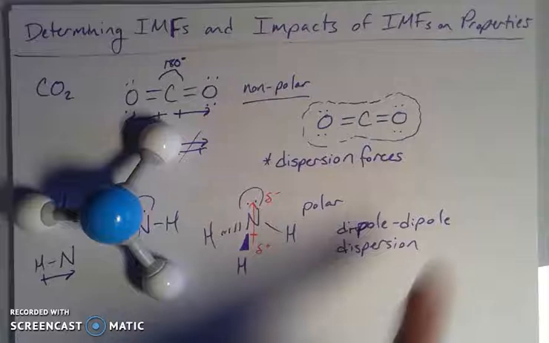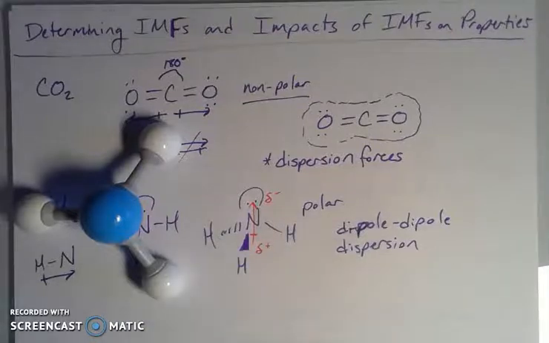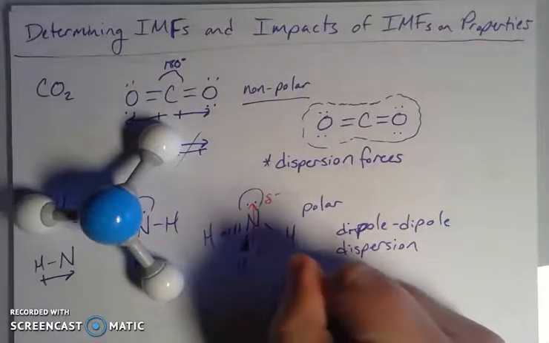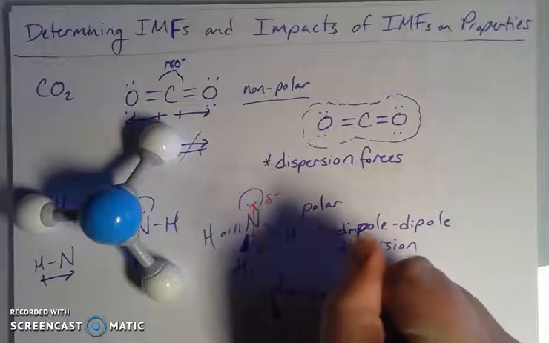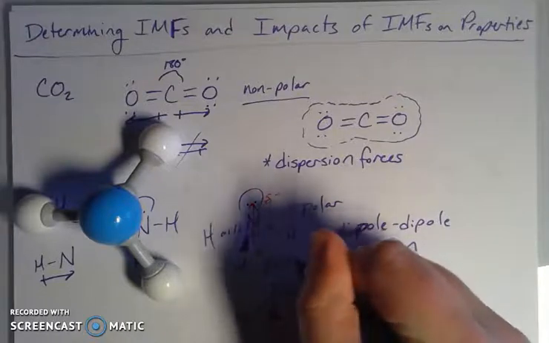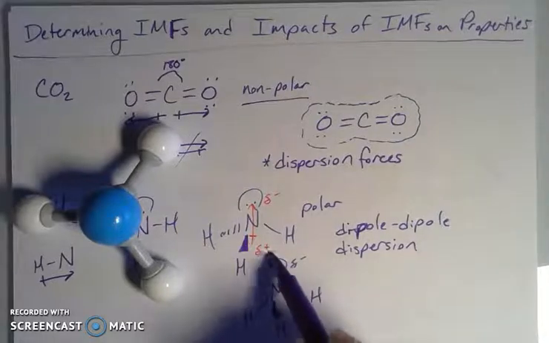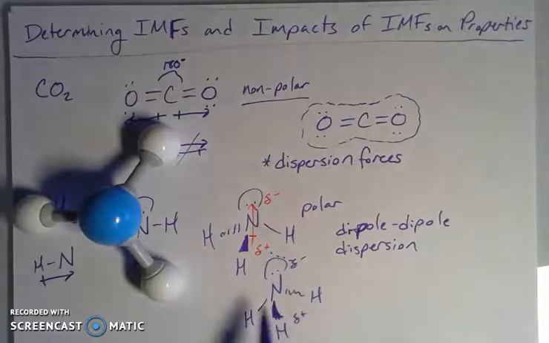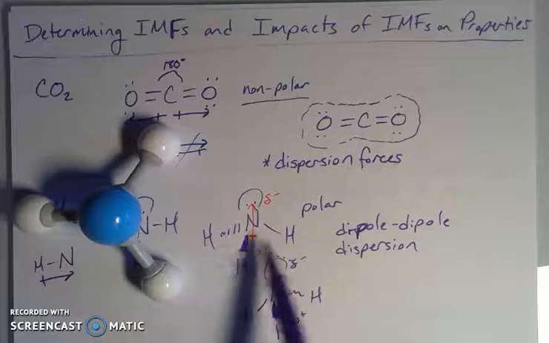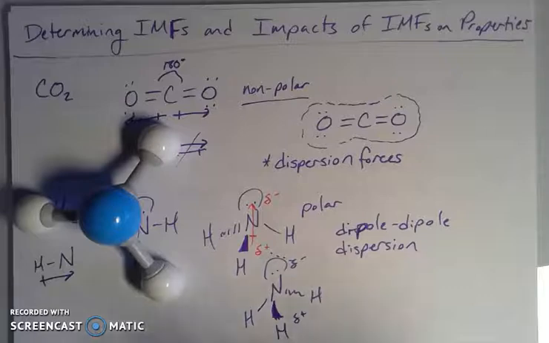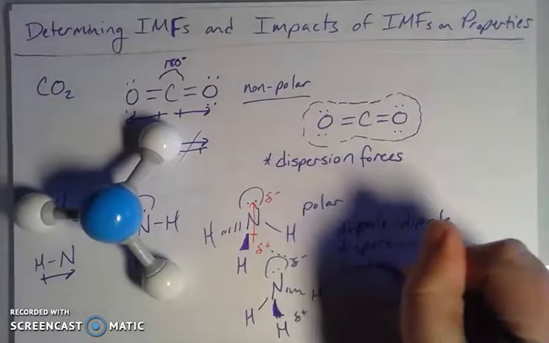And now we need to figure out, well, if I have multiple of these guys hanging out, what other factors do I have? If I have another one of these guys, let's have this one down here hanging out with its little lone pair, the slight negative, slight positive. So if these are interacting together, this is the dipole-dipole attraction, but it is also hydrogen bonding because I have a slightly positive hydrogen on one molecule and a slightly negative nitrogen on the other. So we also have hydrogen bonding in ammonia,